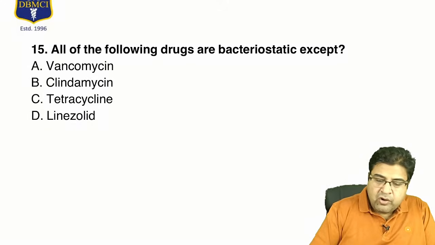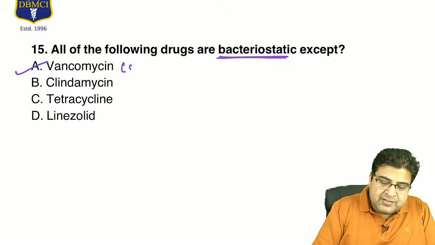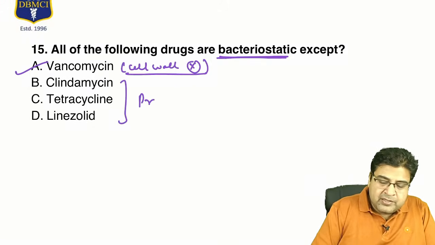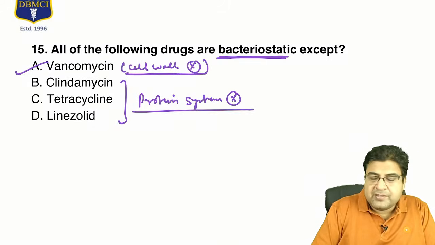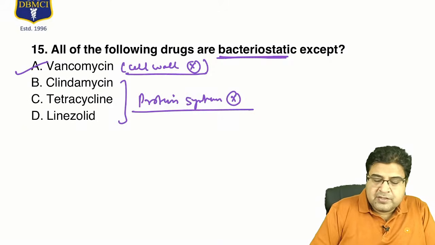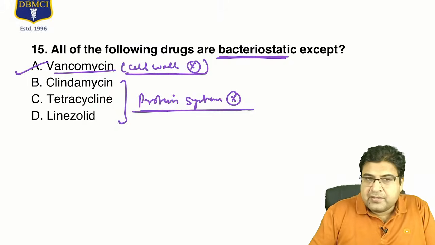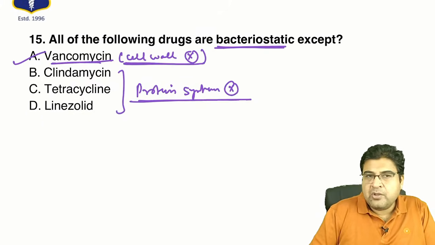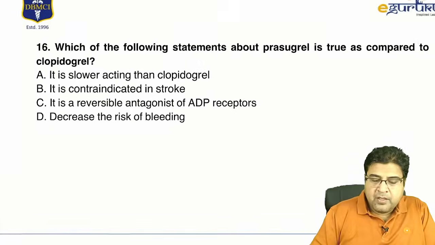Question number 15. All of the following are bacteriostatic medicines except. So guys, please remember, cell wall inhibitors are bactericidal. Medicines which are protein synthesis inhibitors are bacteriostatic. But vancomycin, a cell wall inhibitor, is bactericidal. Question 15, answer is A. Question number 16,